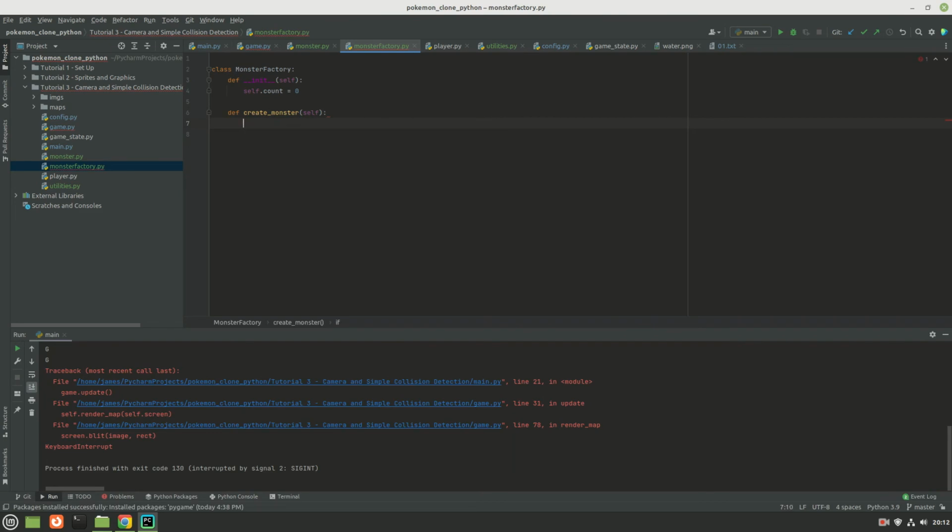And it's also going to take in a type. And for now, all it's going to do is return monster, and we'll pass in the monster type. So this doesn't really give us anything yet, but eventually having this monster factory is going to be quite useful.